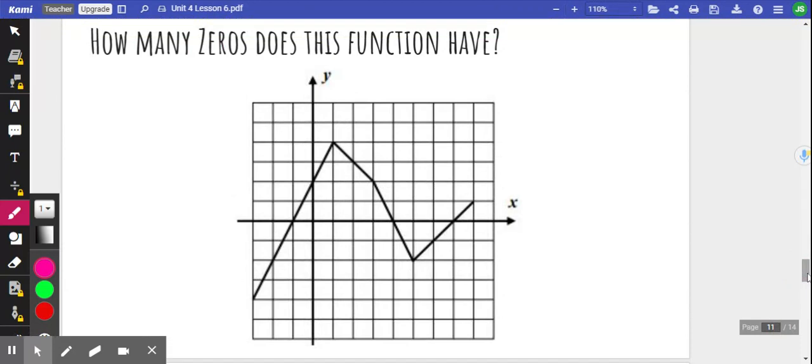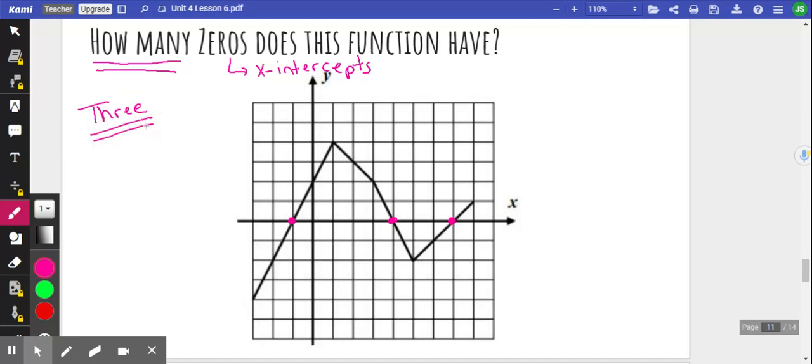I kept it kind of simple for this one. How many zeros does this function have? So how many are there? So you're going to count up how many zeros. So zeros are just another name for x-intercepts, where we cross the x-axis. So I've got 1 right here, another right here, and a third right there. So there are 3